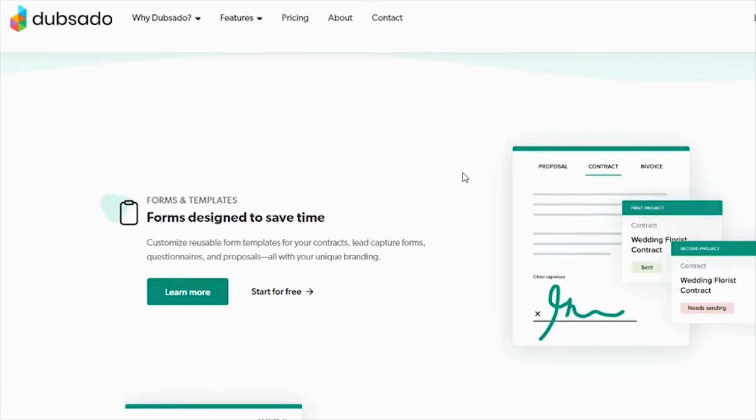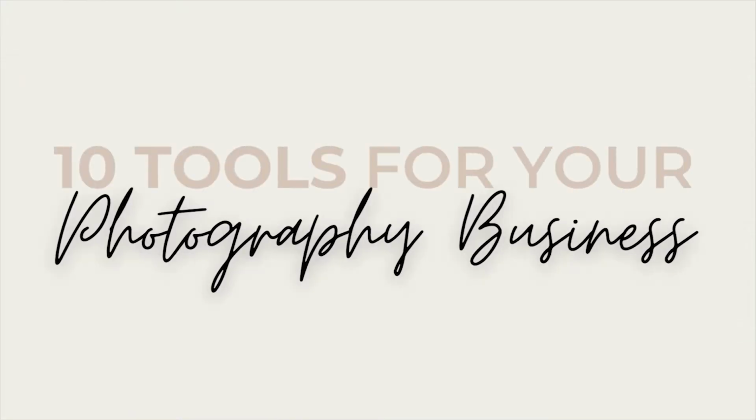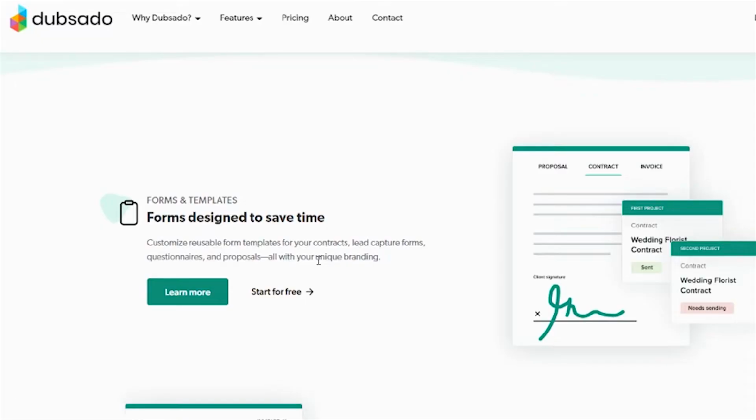What's up, you guys? Today I am walking you through the 10 tools that I use in my photography business. These are the ones that are, I believe, absolute musts that you need for your photography business. I recommend just going all in and getting the tools you need to grow your photography business as quickly as